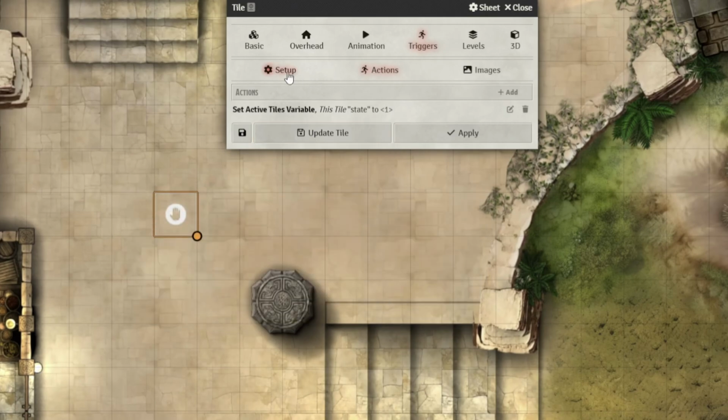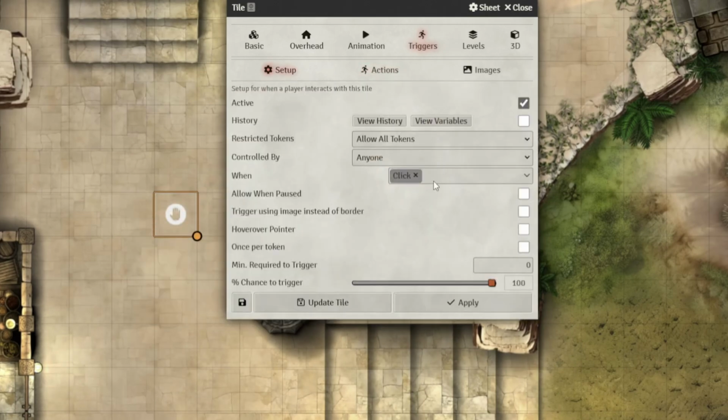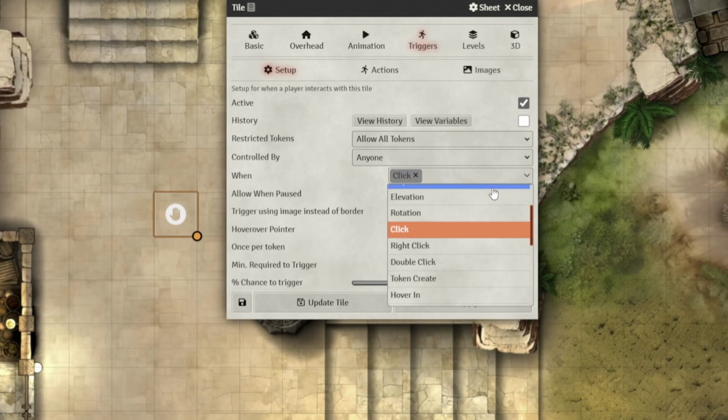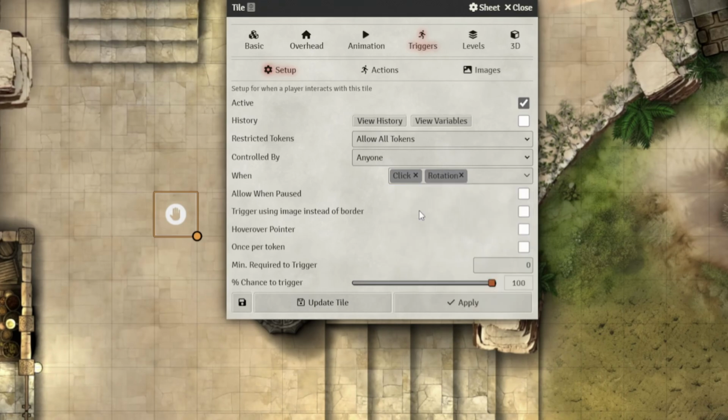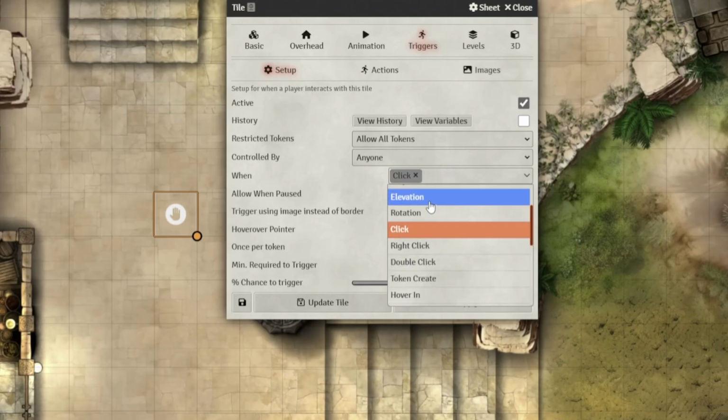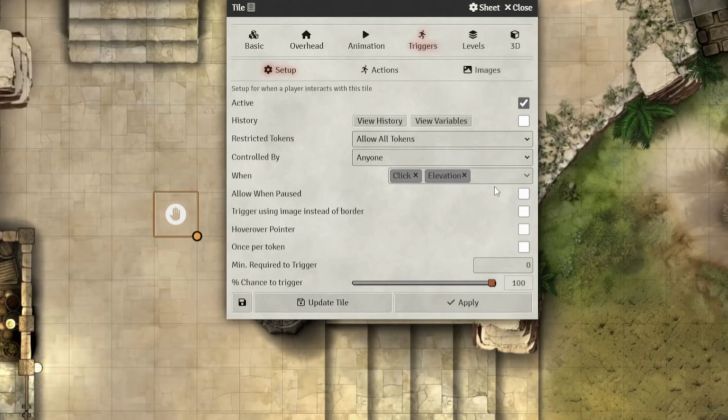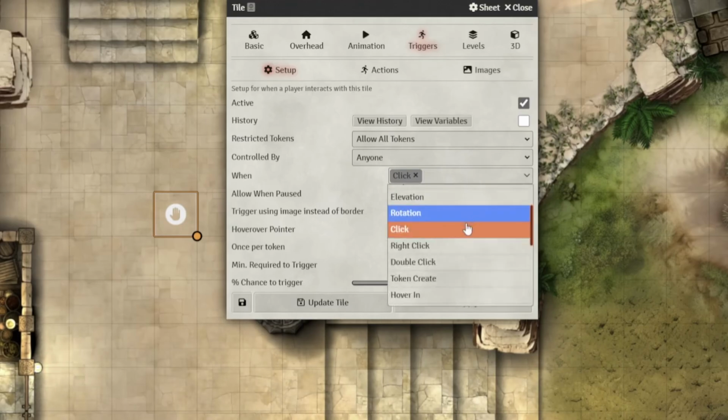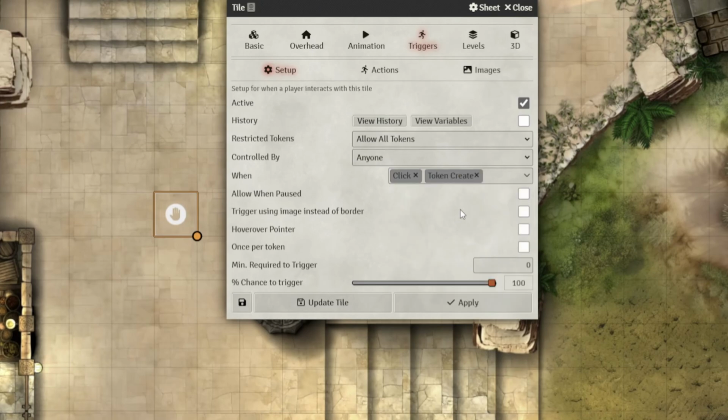So, really quickly, for those who don't understand, when it's rotation, does that mean when a token is rotated within a tile, or what is that? Yes, exactly. Same with elevation, that should be pretty straightforward, if a token changes elevation within a tile. Okay. Token create, so what if a token is just dropped onto that tile, or what does that mean? Yeah. So if a token is created within the tile,